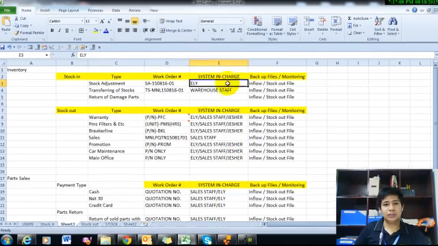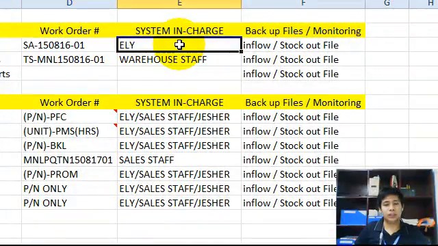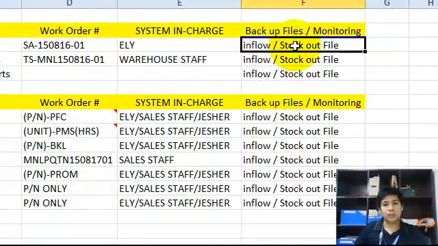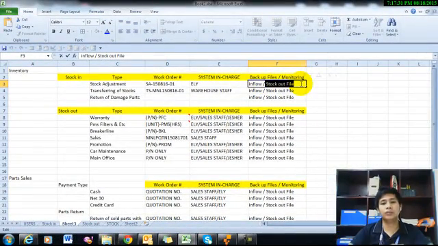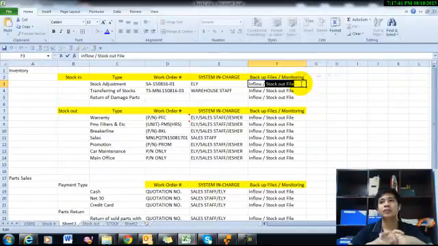As of now I am using Sir Gilbert, so I can manipulate the inflow inventory. So the backup file, you can choose whether it's inflow or the Excel file or using the stock out file, so we can check the full details of stock out parts, like the parts or the unit, the company name, etc. So later on we will check it out.